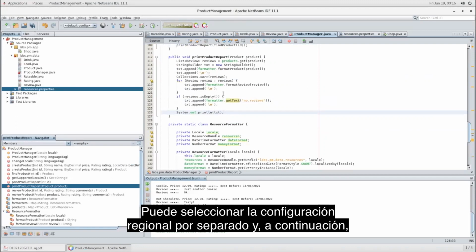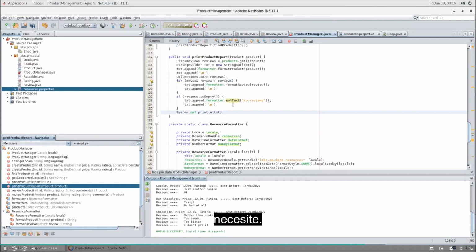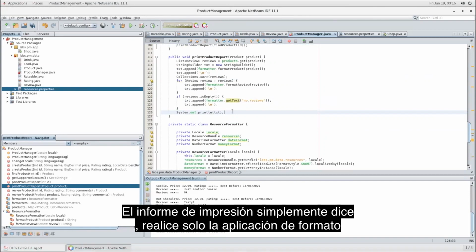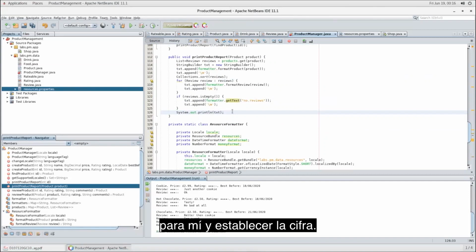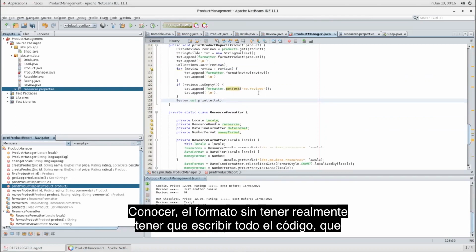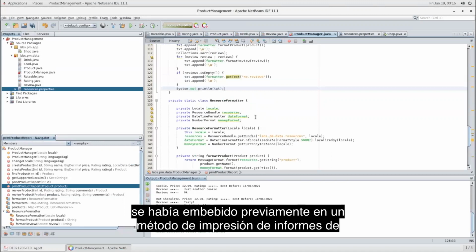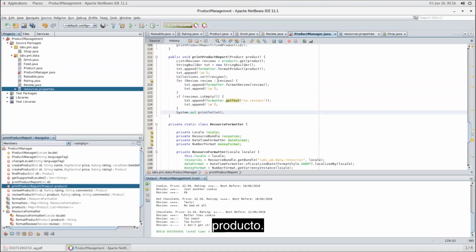You may select the locale separately, and then the resource formatter will handle all the required formattings, whatever you need. The print report simply says, just do the formatting for me. Figure it out, without actually having to write all of that code, which was previously embedded inside a print product report